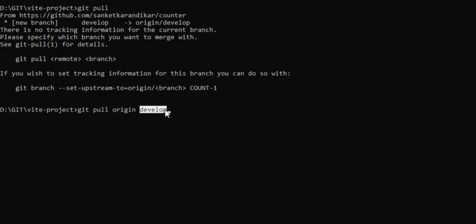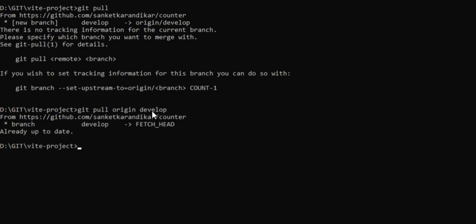Why? Because main is stable and may not be updated with the latest development. So the latest code is always available on develop. We'll say this, git pull origin develop. Nothing new, our branch is up to date. And then the final thing is